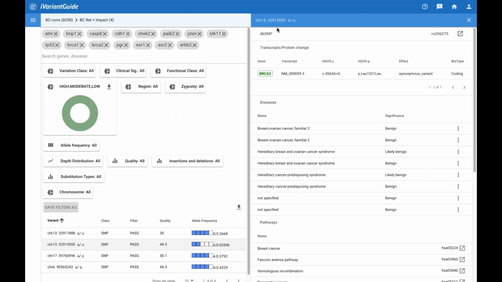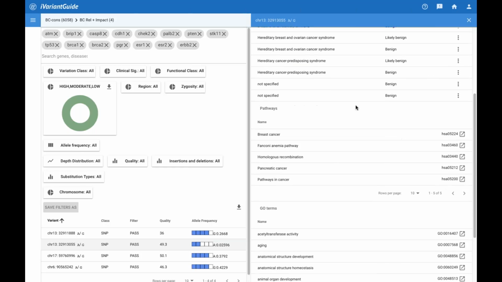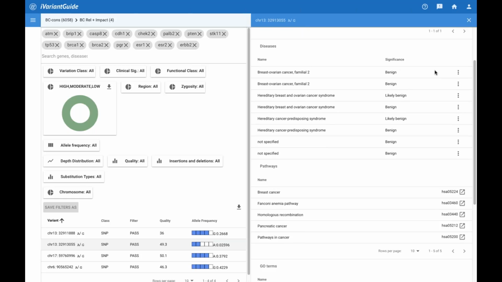At the top we have the chromosome position and allele change, and we talk about the changes at the transcript and protein level. This is a synonymous variant, which is why it's rated as low impact, but that doesn't mean that it's not necessarily having an effect. The next section is diseases, and as you can see, this variant is related to breast and ovarian cancer,